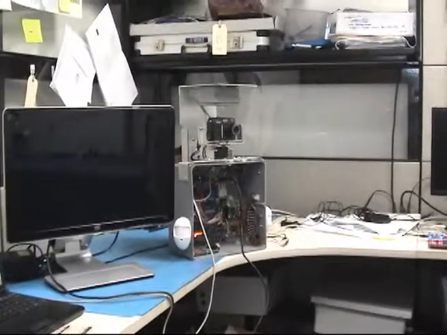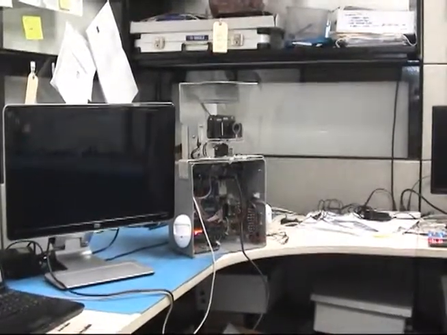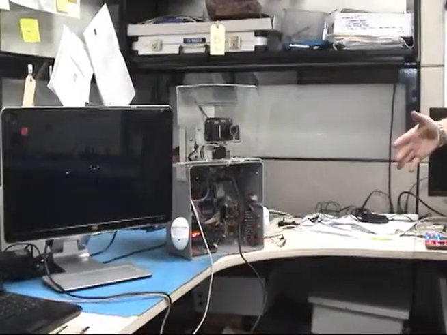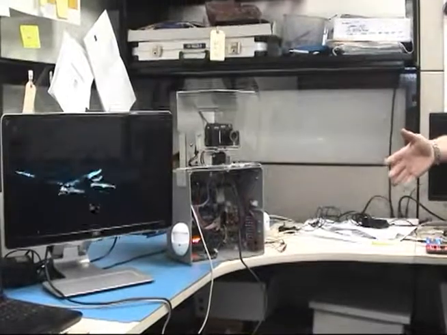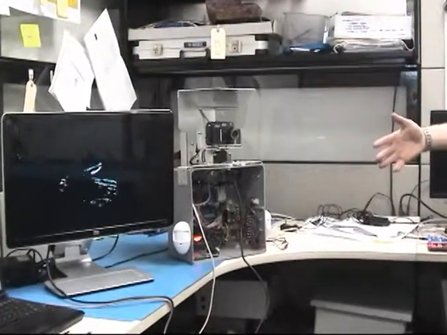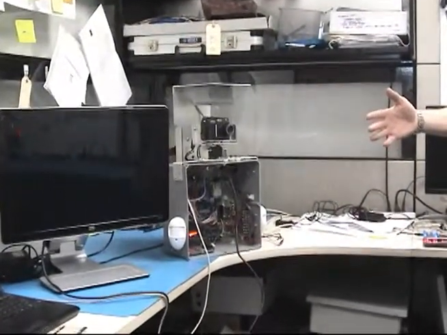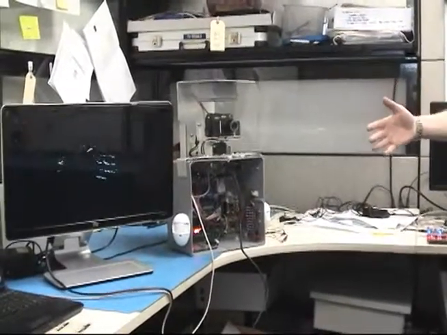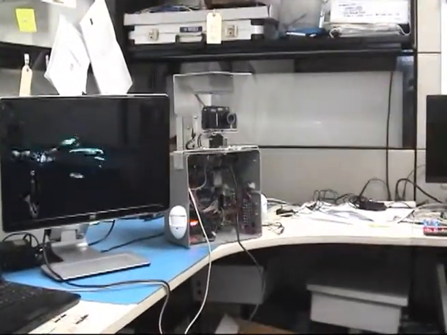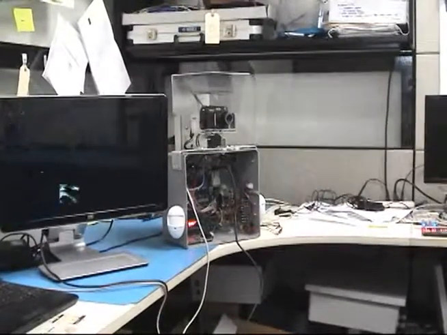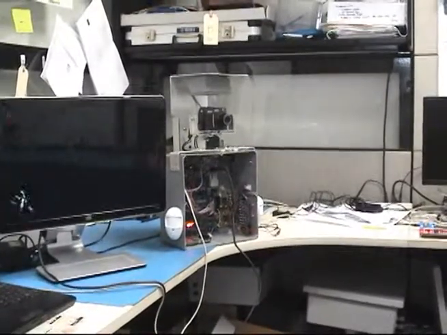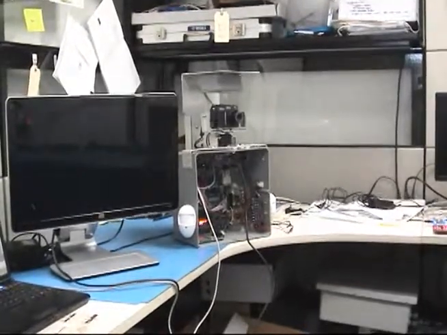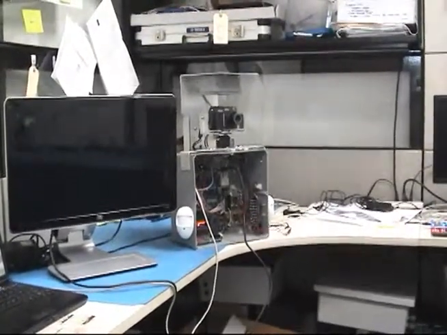So when there's no movement in the field of view, the screen's going to be black. But when I put my hand in front, then you can actually see an outline of whatever's in the field of view, and then when you be very still, then there's nothing. So the number of pixels that are different in consecutive frames is a measurement of how much movement there is, and once the system reaches a threshold, it decides that there's a target of interest in the field of view,